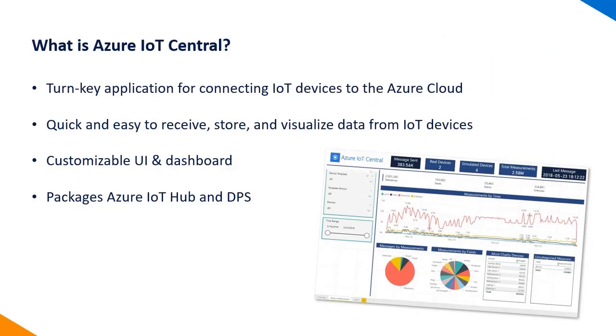So what is Azure IoT Central? Well, it really is this turnkey application for connecting IoT devices to the Azure cloud. Its main goal is really to be as simple as possible to consume. So when you create an application instance, you can then begin modeling your IoT device classes and then really easily hook up and connect those devices into that particular application instance to begin receiving, storing, and visualizing data